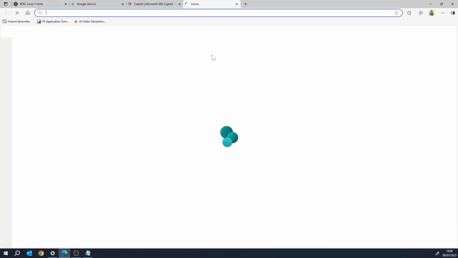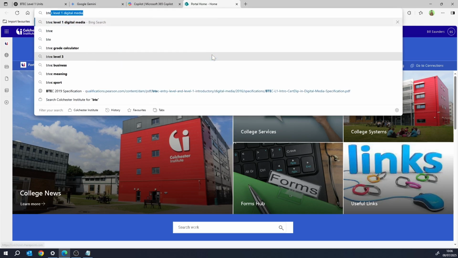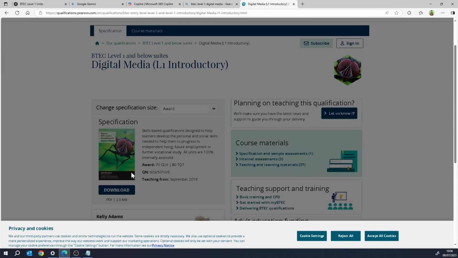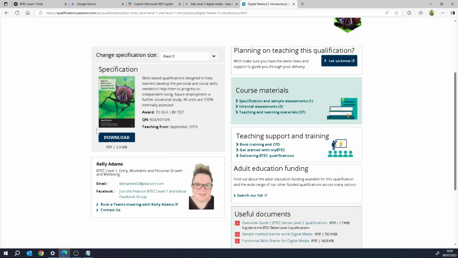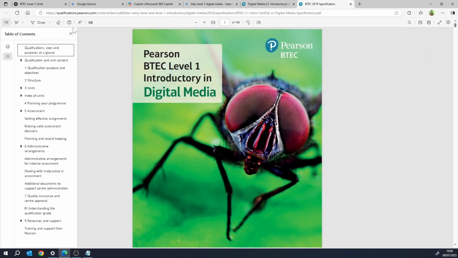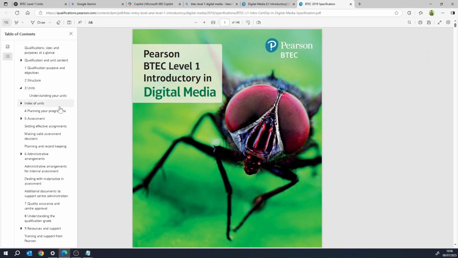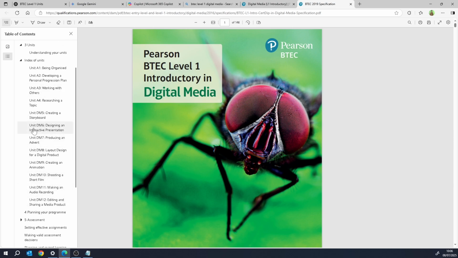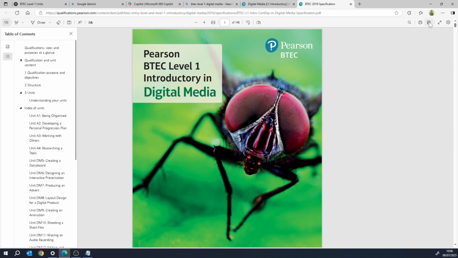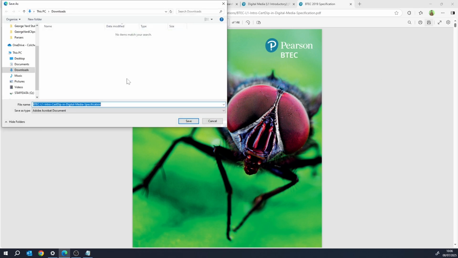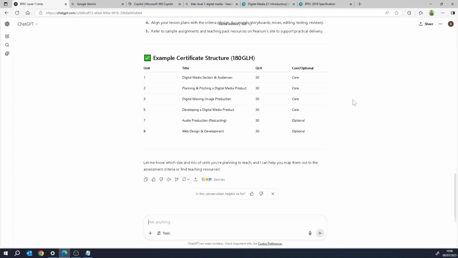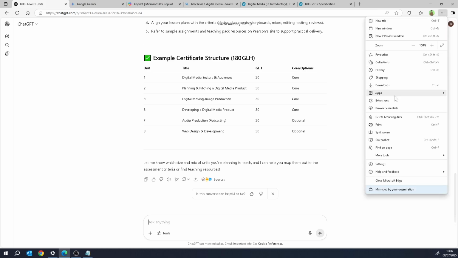So if I open up a new tab, and I'm going to search for BTEC Level 1 Digital Media, and I'm going to find the specification, and here it is. I'm going to download this, and here it is, and here are the units. Okay. Now, what I'm going to do is I'm going to save this, and that's just going to go into my downloads for now. And I'm going to go back to my GPT, and I'm going to say,